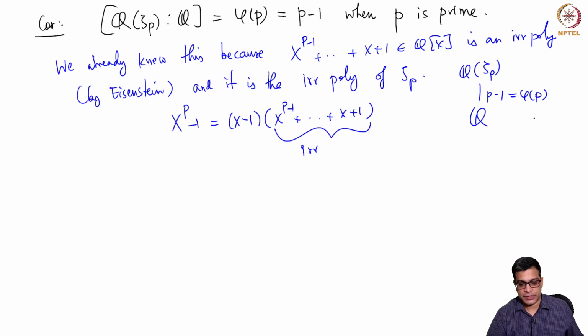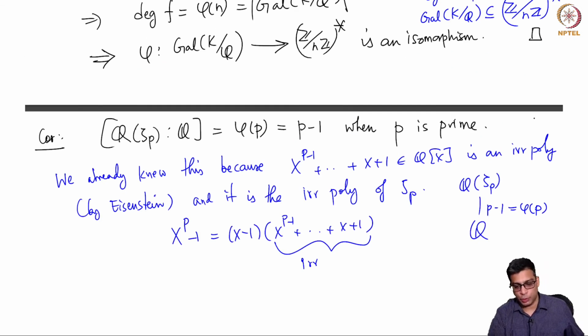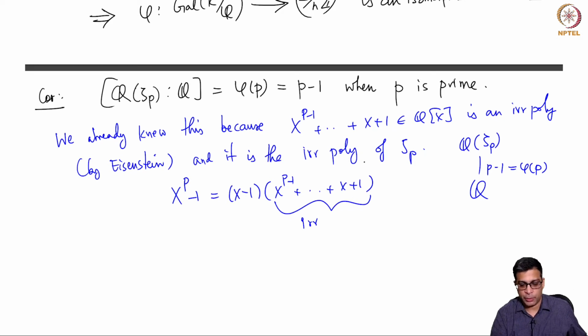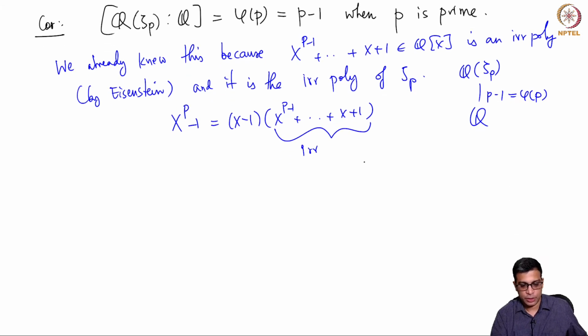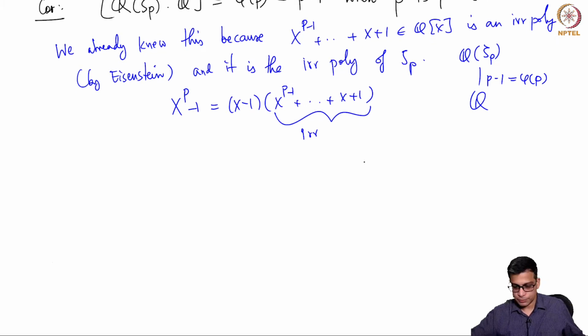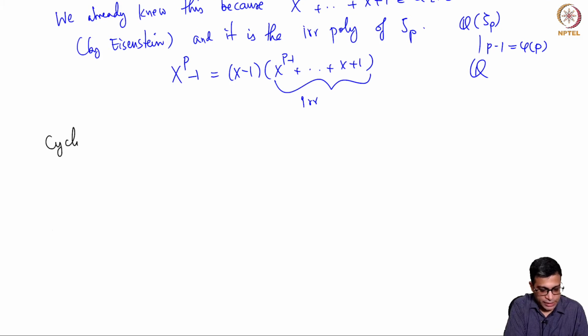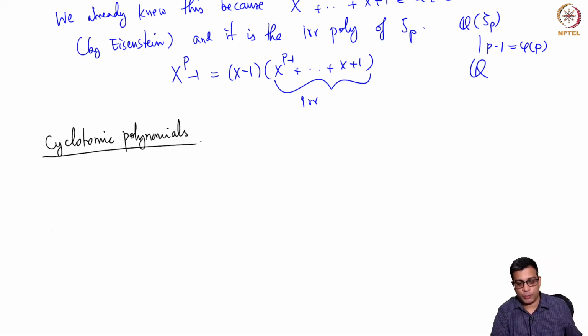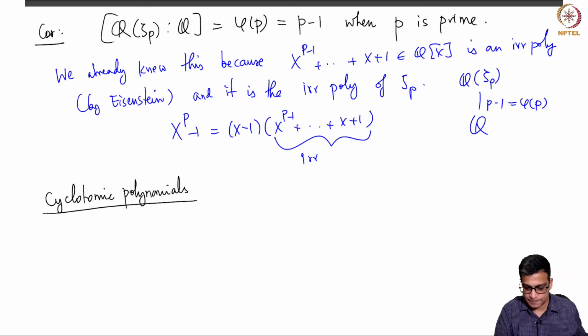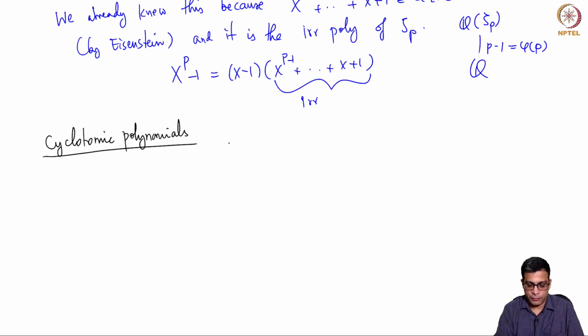However, for non-primes, it required more work to prove this, because the corresponding polynomial is clearly not irreducible, and because n minus 1 is in general not the degree of the cyclotomic extension. So let me end this class by quickly discussing how to go about finding the irreducible polynomials of nth roots of unity where n is not prime. For n prime, this is that. For n not prime, we have to do the following work.